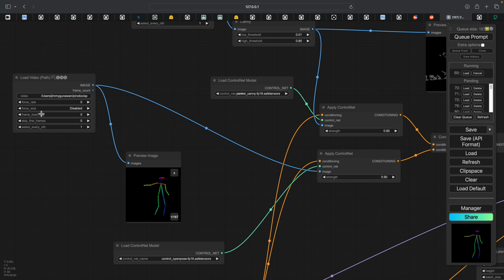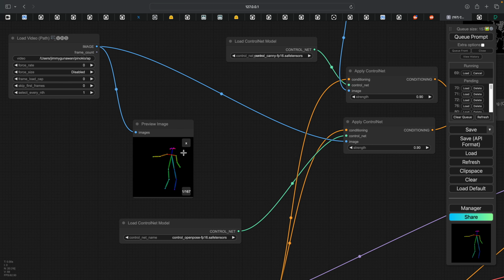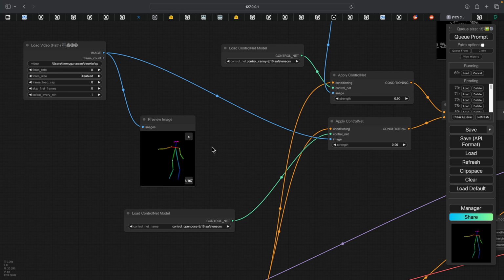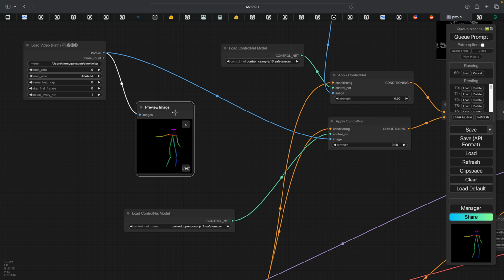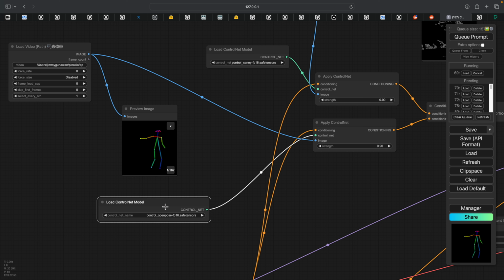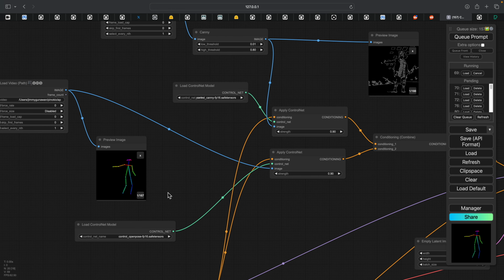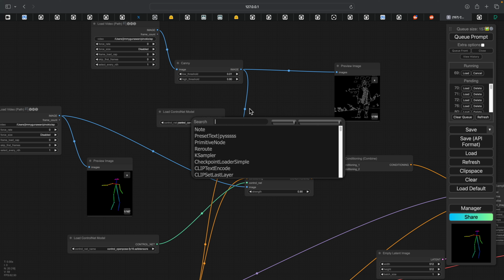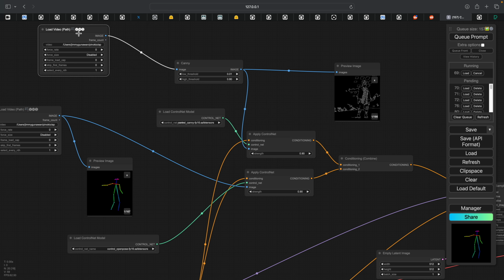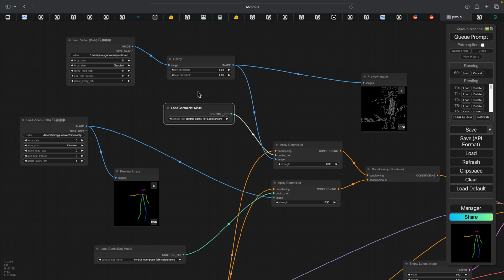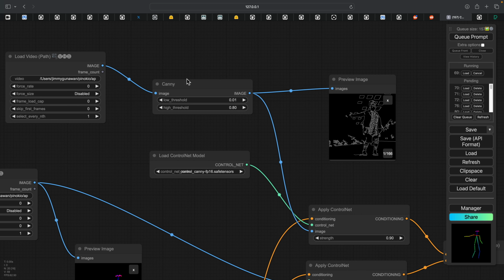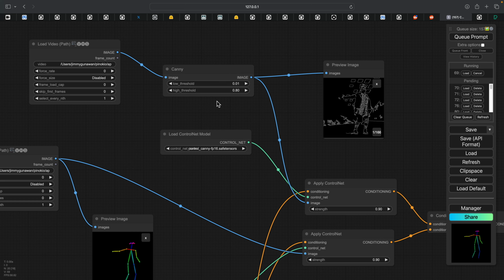In this case, I have this OpenPose video. OpenPose is some kind of model that reads a video and turns it into this pose, and we can use this as conditioning with ControlNet. Just bear in mind, the whole thing sounds really complicated, but once you understand it, it's actually interesting. So the video of the woman dancing, in this case I'm also using Canny pre-processing, and